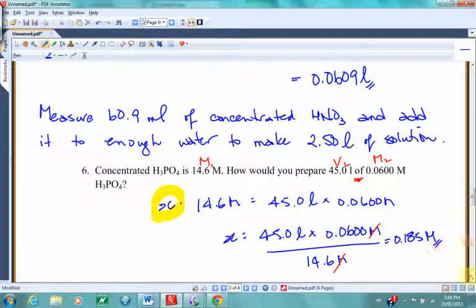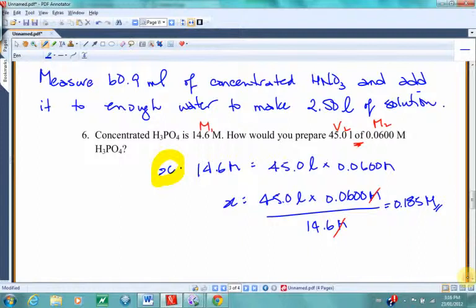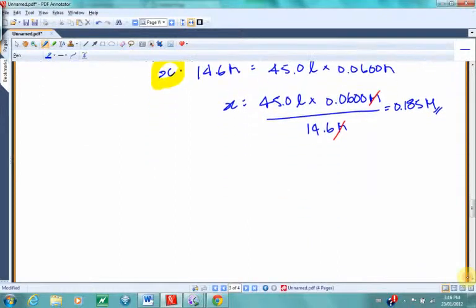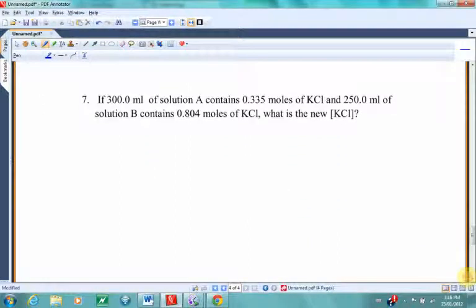So, let's see. Okay, in this one, we've got 2 solutions. We've got solution A and we've got solution B. So we're going to work them out, add them together. So the concentration of KCl in solution A is equal to, okay, we're going to do this a couple of different ways. It's equal to